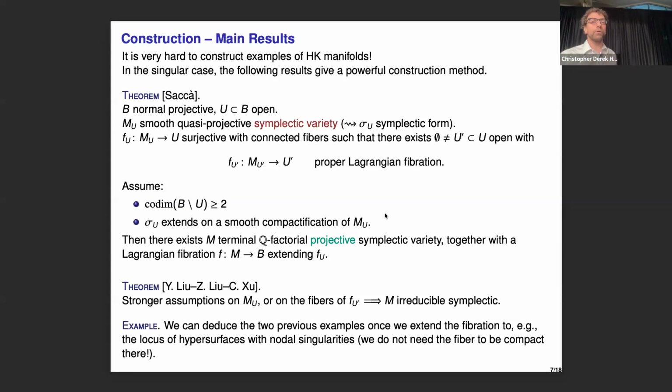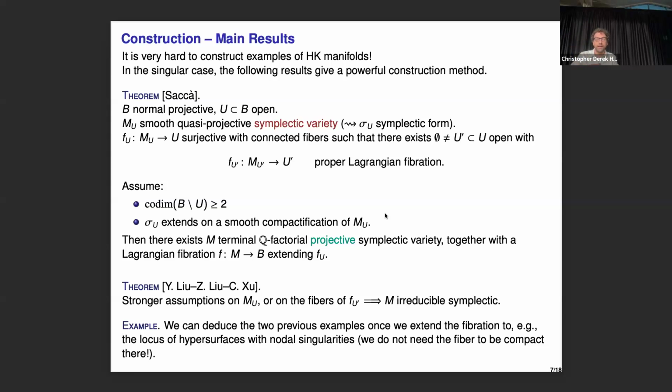Okay, so this means that I need to control these two conditions. And so let me make an example of that. Let's go back to the previous two examples that we saw. The smooth locus is our open subset U prime. That is a nice projective fibration, beautiful. But that's not enough for this theorem, because the smooth locus inside the linear system will have complement of codimension 1. Okay, so that won't work. But no problem. The only thing I need to do is extend it slightly in codimension 1, not necessarily in a proper way. And so if I take a curve, for example, with a node, then I'm good to go.